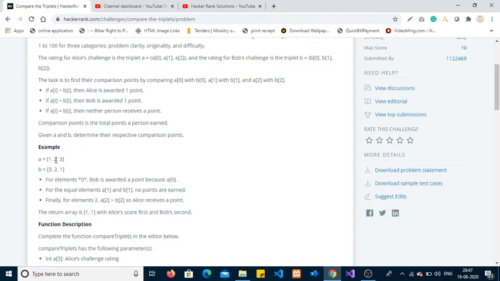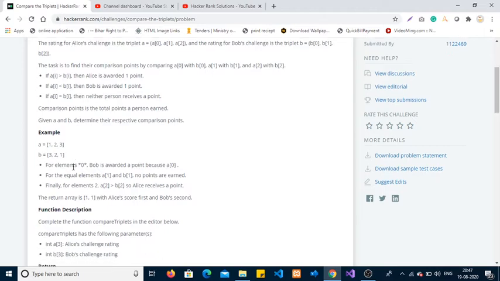We'll move to the next element. A value is 2 and B is also 2, so no point will be awarded to anyone. And the third element, index 2, A is greater than B, so 1 point will be awarded to A.